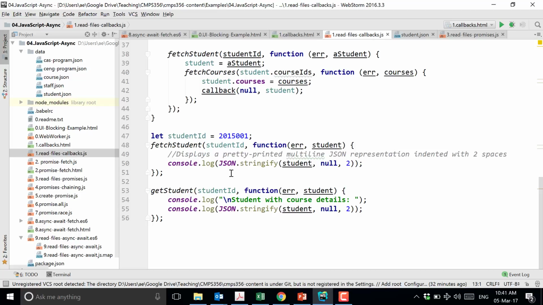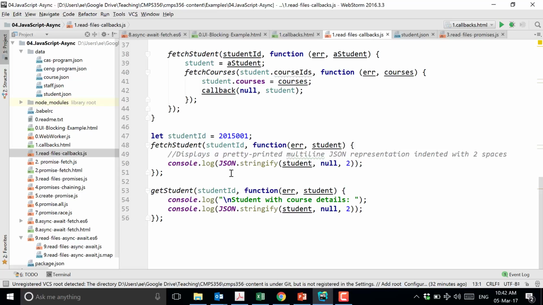I receive the student, convert it to a string and put it into the console. How do I convert an object to a string? Again, JSON.stringify. JSON.parse converts from string to object, and JSON.stringify converts from an object to a string. Is that clear so far?